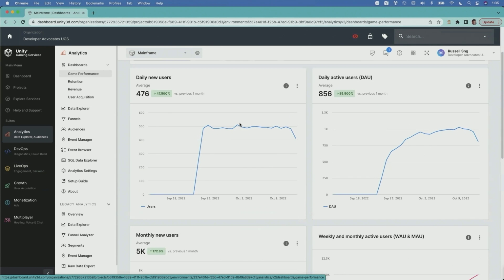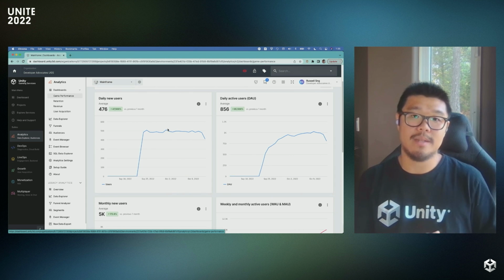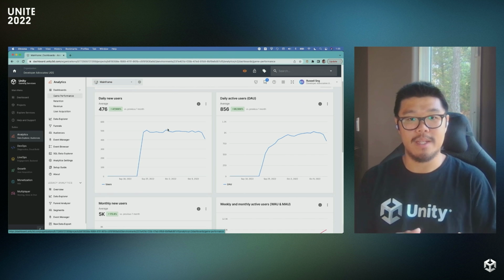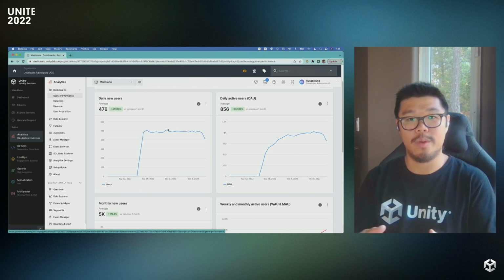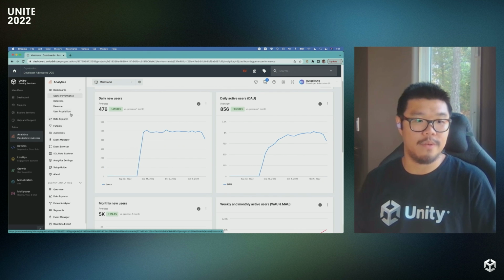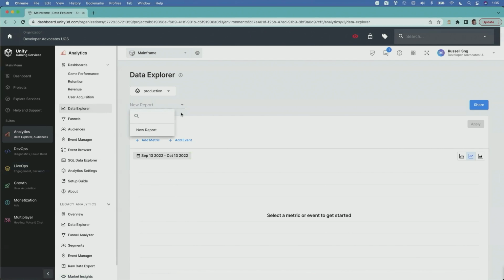And so what you can also do is create custom events and analytics. So for example, for the A/B test that we're doing with that Kraken card, what you can do is create a specific event that triggers whenever a user wins with the edited card or when they win with the default card. And then in a custom analytics dashboard, for example, if we go to the Data Explorer,